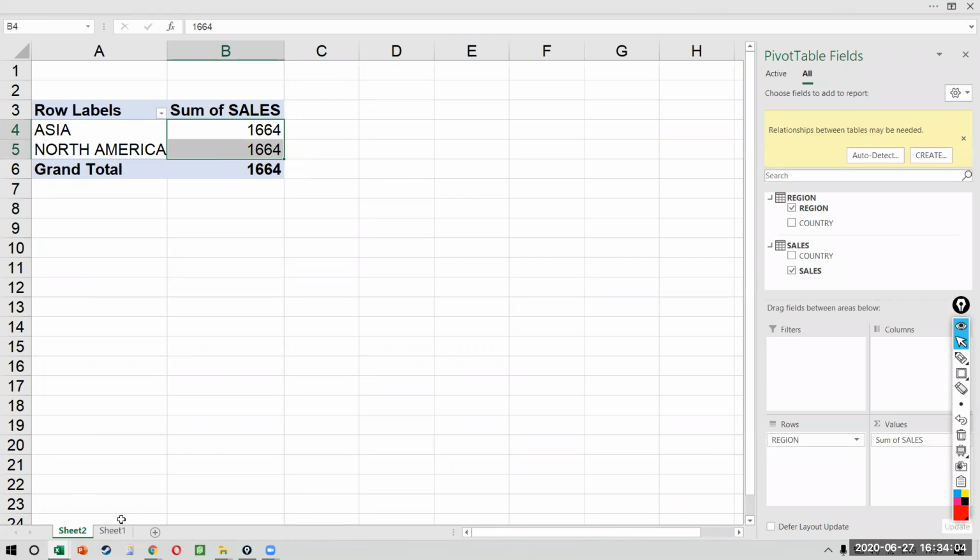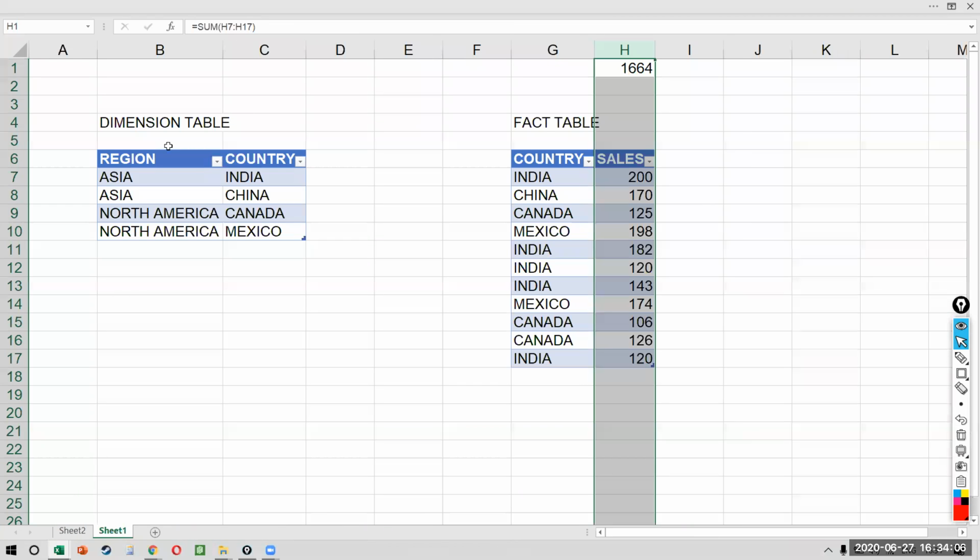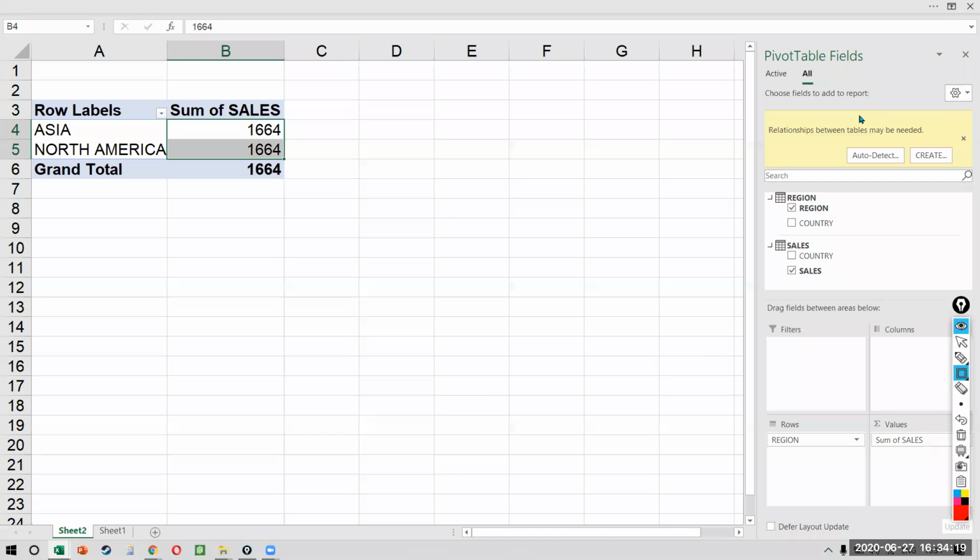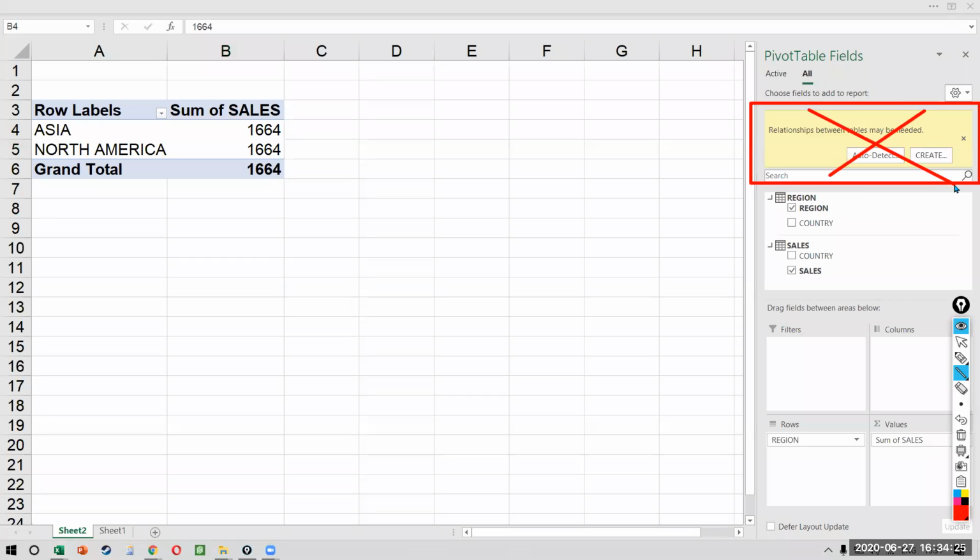Why? Because there is no relationship. How does Excel know that India belongs to Asia and Canada belongs to North America? We know it because we are using our intelligence to say, okay, I can see it. But how does Excel know that? To do this, there is an option called automatic detection. Please never ever do this.